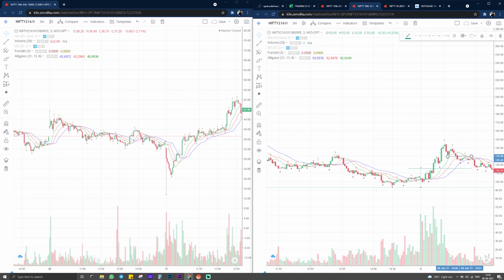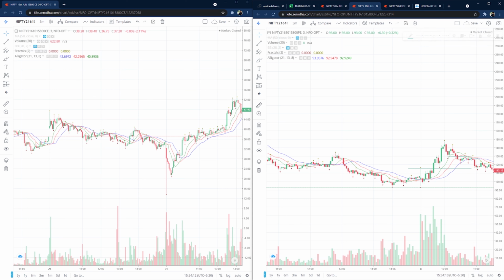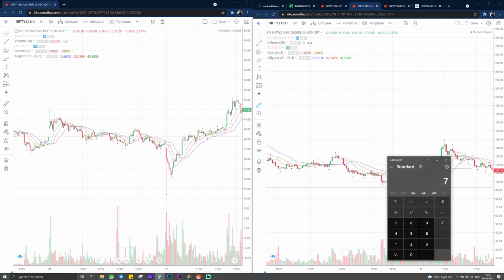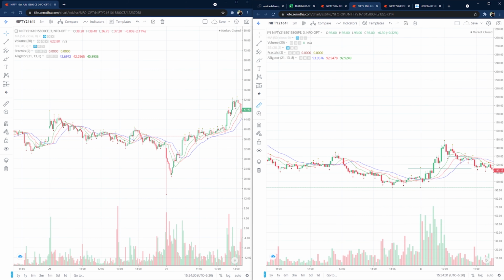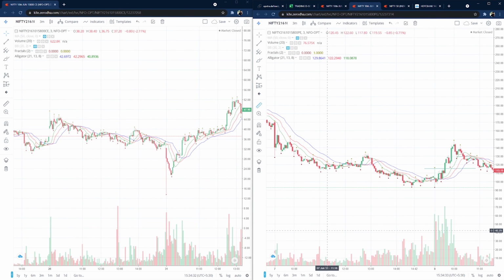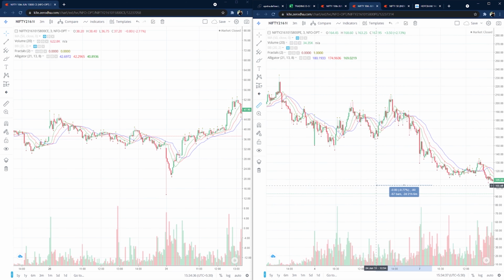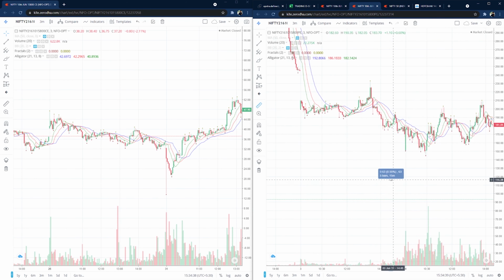There will be slippages, so make sure to keep that in consideration. It will be just a few points, I believe, 8 to 10 rupees. Yeah, it's 12 rupees. 12 into 75, basically how much is it? Let's see, 75 into 12, 900 rupees per lot. If the trend is really good, trust me, you can easily capture 50 to 60 points.